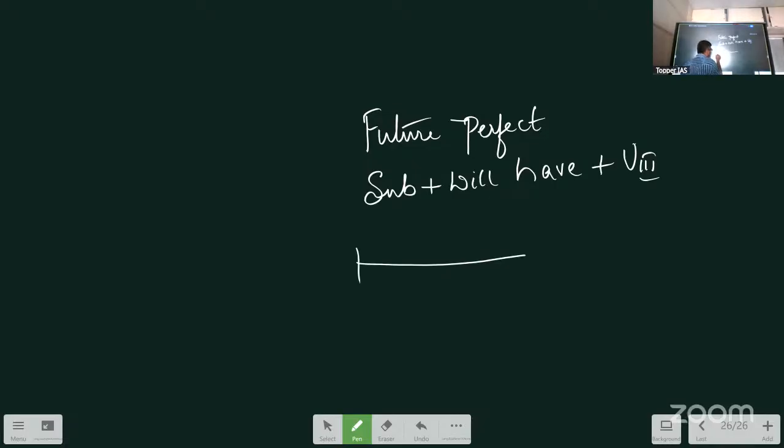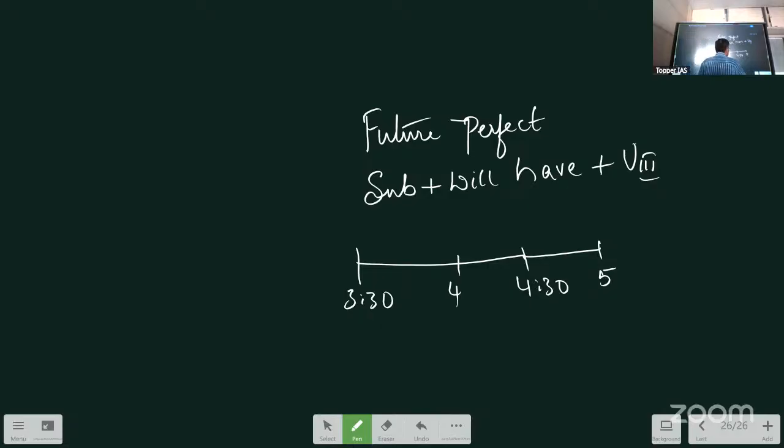So now it is 3:30. I will leave at 4 o'clock. What time will you reach home? Indu, what time will you reach? 5. So Sanjay will reach at 4:30. Indu will reach at 5. Shahrukh, you also reach at 5. Okay. So now it is still 3:30. 4 o'clock is future. 4:30 is future. 5 o'clock is future.